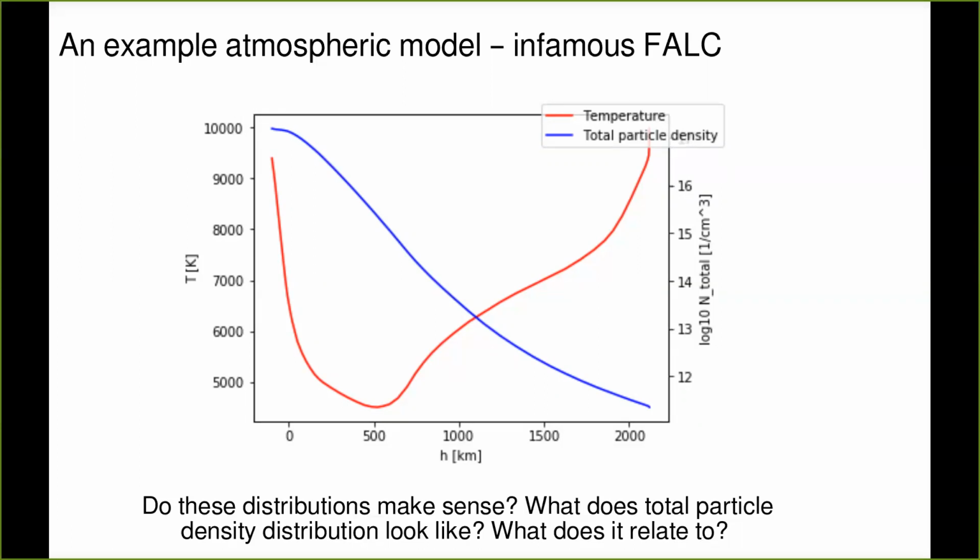Right. And the total particle density, be aware that this is in the log scale, okay? The blue line is in the log scale. It drops more or less linearly in the log scale. Why is that? Because of stratification, right? You probably did this exercise sometime in your undergrad where you assume that the temperature of, for example, Earth's atmosphere is constant, and then from that you can derive that the pressure needs to fall off exponentially with height, right? Exponential fall off in the log scale is a linear decrease, and in principle pressure is directly related to the total